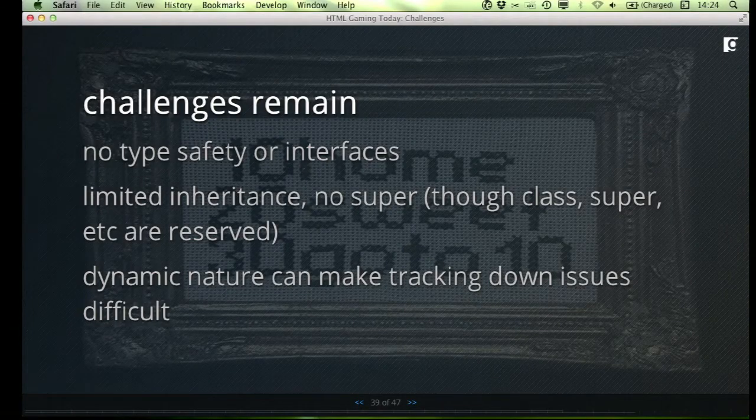A lot of sort of structural keywords are reserved in JavaScript, so class, super, etc. The dynamic nature of JavaScript makes it great for throwing together games quickly. You can write a game really quickly because you can append properties, you can append methods, you can stick stuff onto the prototype. It makes it great for hacking together a game, especially a smaller game. It's still a little bit challenging, though, when you're building bigger games or you're working in a team, because it's really hard to track down where your functionality lives. Did someone append it on the object prototype? Is it being overwritten somewhere? It's hard to tell. But we have some solutions available to us.